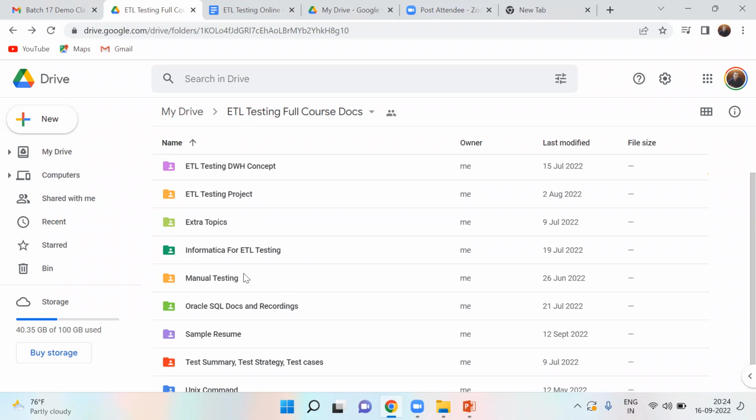So how many questions did they ask you from manual, Sindhuja? I have kept my complete 4.5 years of experience as an ETL tester, so they haven't asked me any question about manual testing. They have asked me about agile methodology.